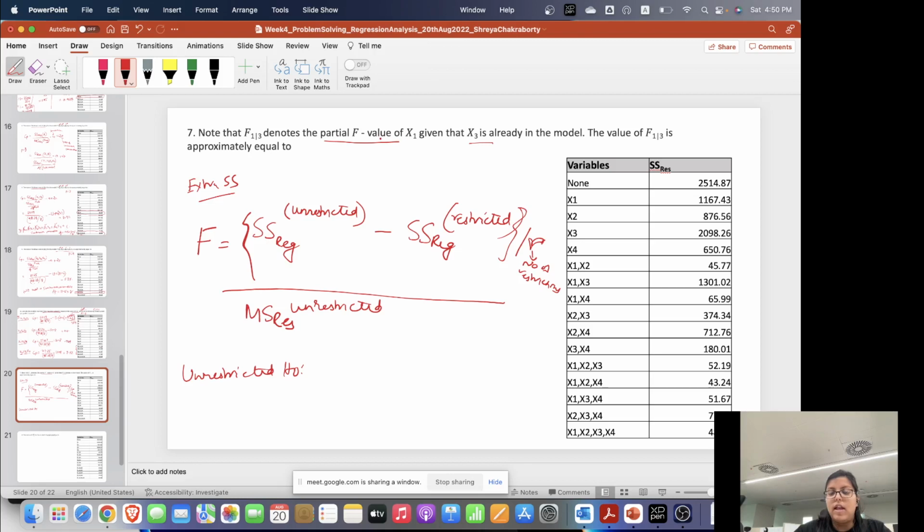So the unrestricted model would be this one, where x1 is also there given that x3 is also there. That is, if we have a model like this, y equals beta naught plus beta 1 x1 plus beta 3 x3 plus epsilon, then the H naught is beta 1 equal to beta 3 equal to 0, and the restricted